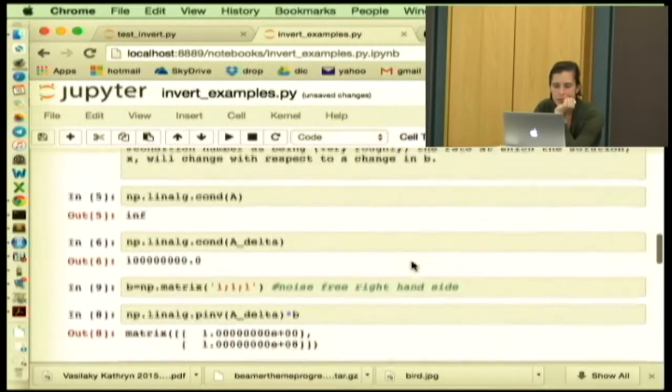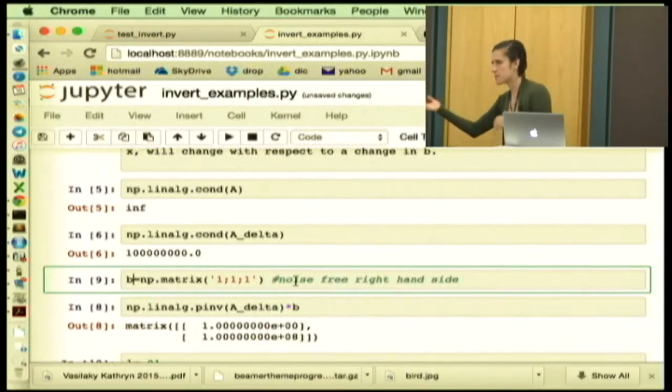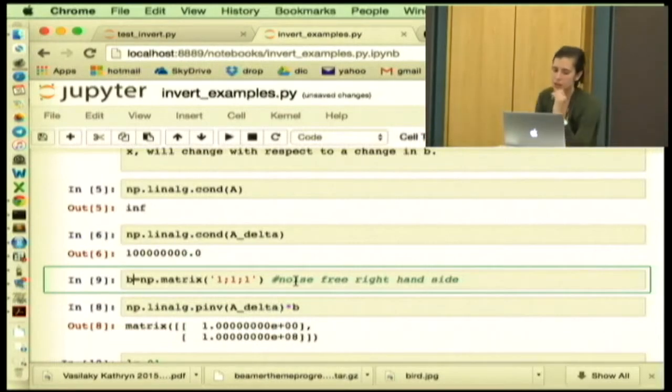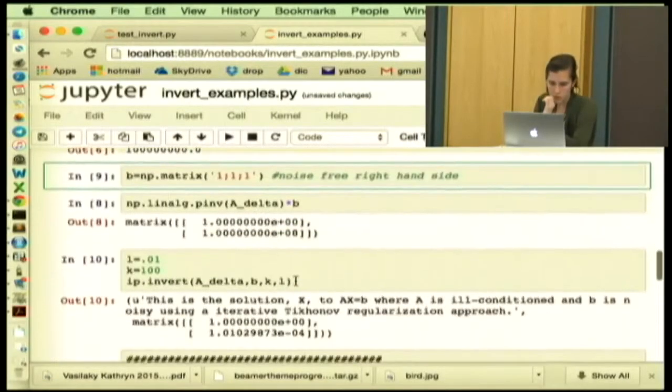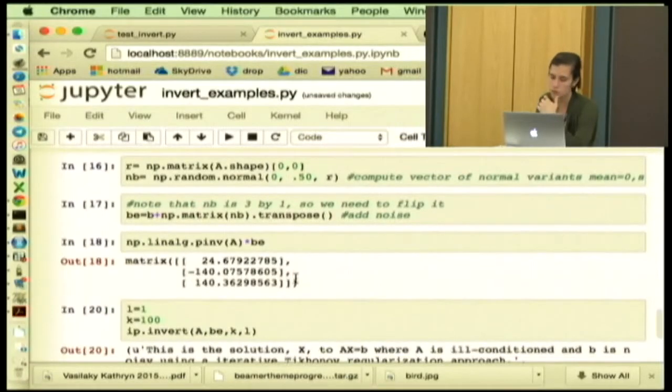Oh yeah, I defined b up here. So b is just a vector of ones. So we have Ax equals b, where A was my Hilbert matrix, and we're solving for x. b is a vector of ones, okay? And now I'm going to perturb b a little bit. So the solution obviously should be close to